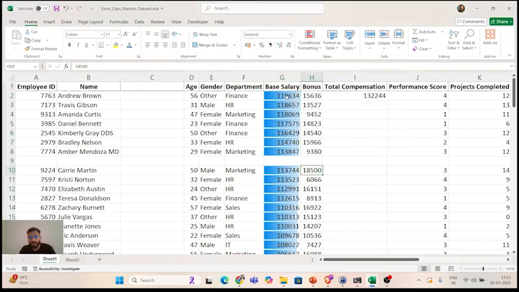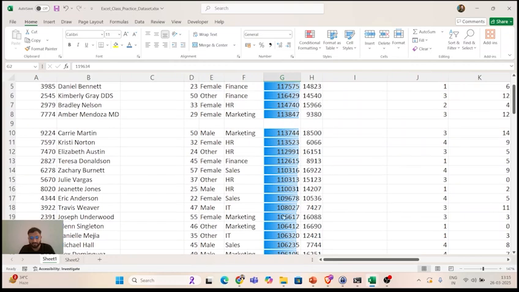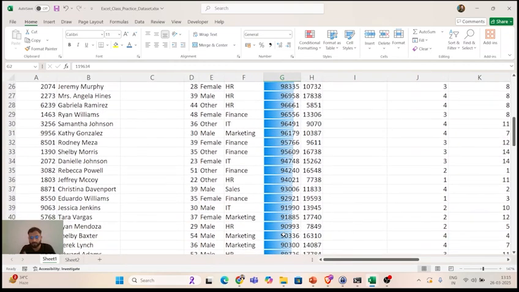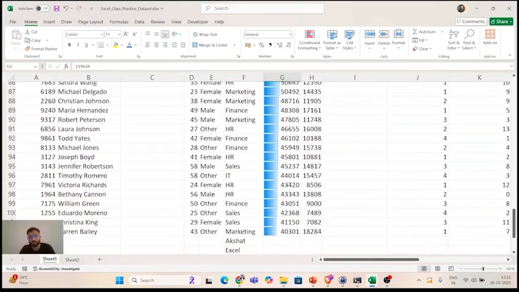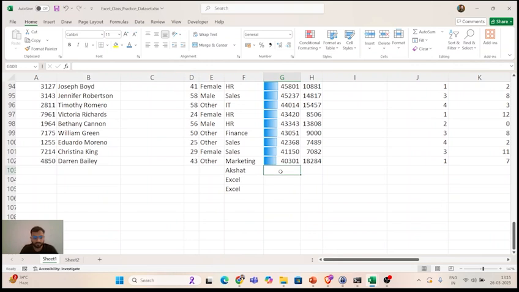Now see, 1,19,000 has a large bar, but as soon as the values decrease, let's say 1,06,000, the bars are smaller. When you go down, when the values are a little bit smaller, it's again 95,000, 94,000. Bars are becoming smaller with the gradual value. See the difference. Let's say if I write 10, then 100, then 1000. Now see the very clear difference.